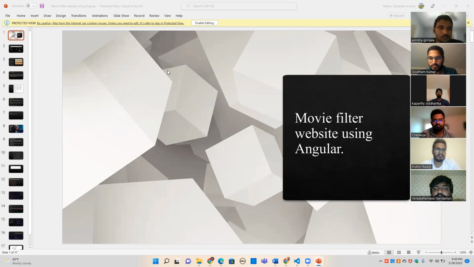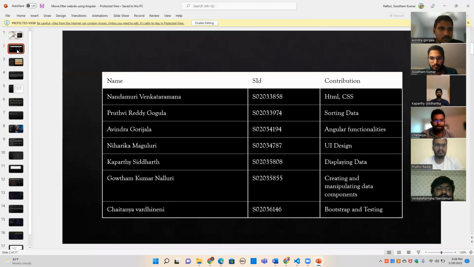Hey, hi everyone. This is Venkatramana Nandamuri, and today I'm going to explain the movie filter website using Angular. We developed a project on the movie filter, and these are my teammates: myself, Venkatramana Nandamuri, and Prithvi Reddy, Avindra, Niharika, Siddharth, Gautam Kumar, and Chaitanya. These are my teammates. And when it comes to the introduction,